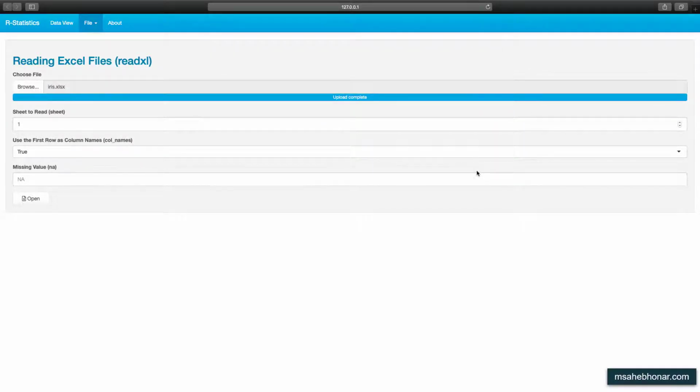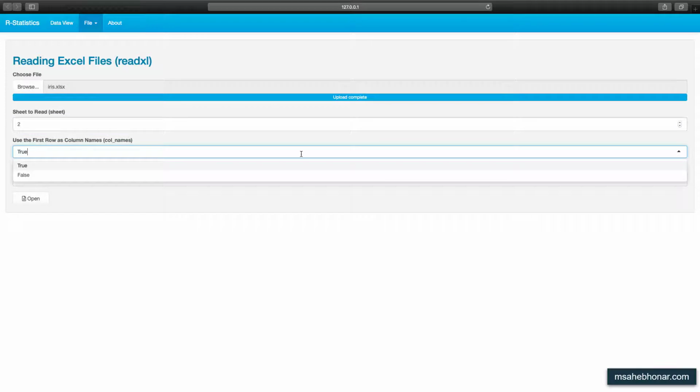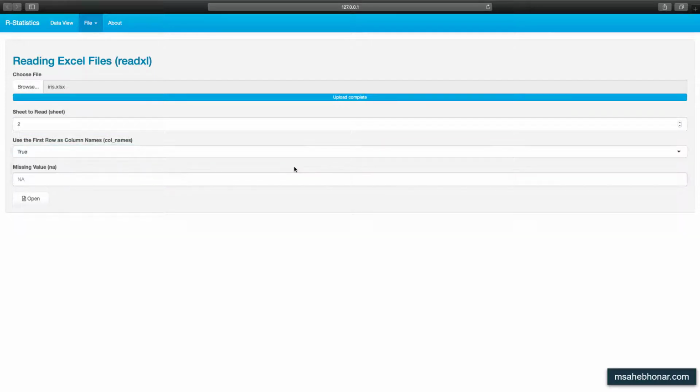In addition to the file path, we could set a number of optional arguments for the read_excel function. For the sheet argument, we could specify the integer of the worksheet. We set this argument to 2. For the column names, we set the value of the argument to true, as the first row of the worksheet contains column names. In the iris data, there is no special character for missing data, so we will not change the NA argument.